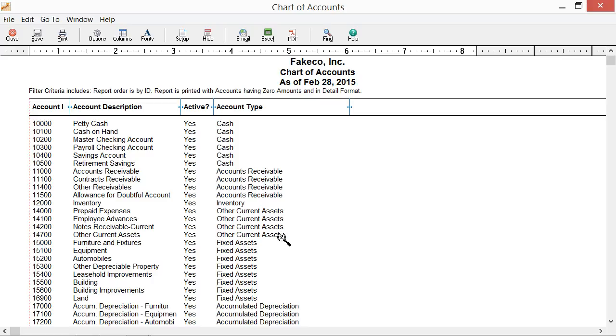Sage 50 has two account types for measuring the value of your short-term and long-term assets. The other current assets account type tracks assets that are likely to be converted into cash or used up within 1 year. Examples of other current assets might include amounts for treasury bills, certificates of deposit, prepaid expenses such as